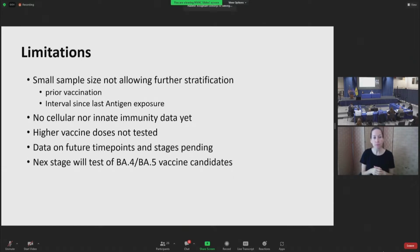We have several limitations, including the small sample size, not allowing for further stratification by prior vaccination or interval since last antigen exposure. Currently, we don't have cellular or innate immunity data, but it's coming soon. We did not test higher vaccine dose above the 50 microgram, for example, for that particular Moderna stage. Data on future time points and stages are currently pending. And the next stage, which is our stage 4, will test BA.4, BA.5 vaccine candidates, and we hope to start this the first week of